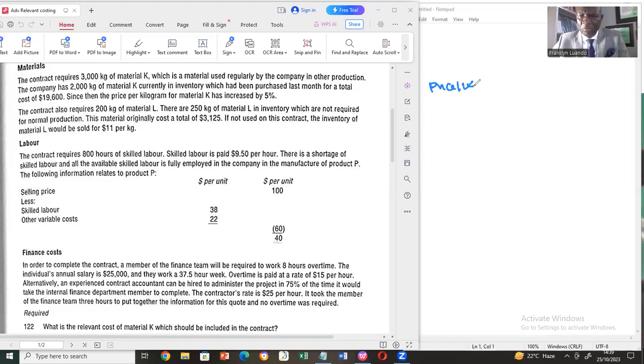Price per kilo will be the total price now. The total price now is 19,600, divided by the contract requires 3,000 kilos, but what is there is 2,000 kilos. So how much will that be? That will be